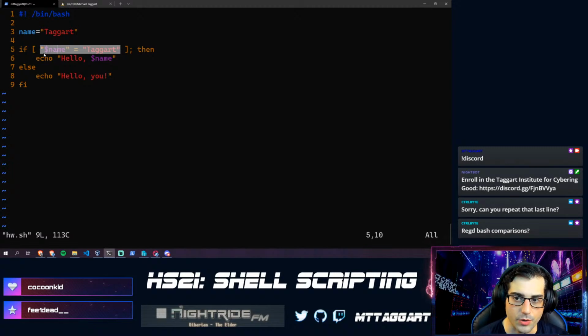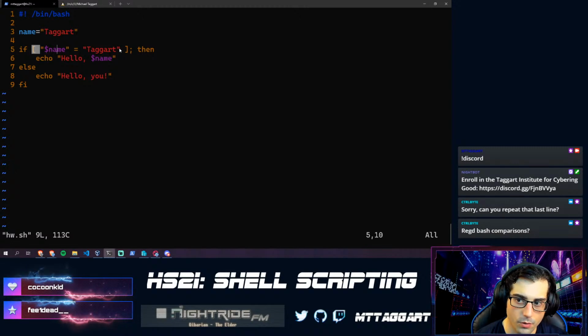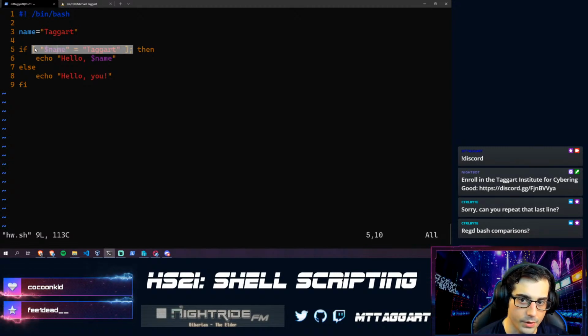So when we're doing a basic string comparison like this, we're quoting the variable and we're quoting the string. So those quotes have to match. And also we're using this single equal sign surrounded by spaces here to create a string comparison between these two things. If we didn't have those spaces, the syntax would be off. The spaces here also between the expression and the brackets themselves that set off the conditional have to be there. If there were not a space here, then the syntax would fail. So all of this exactly as written really matters.